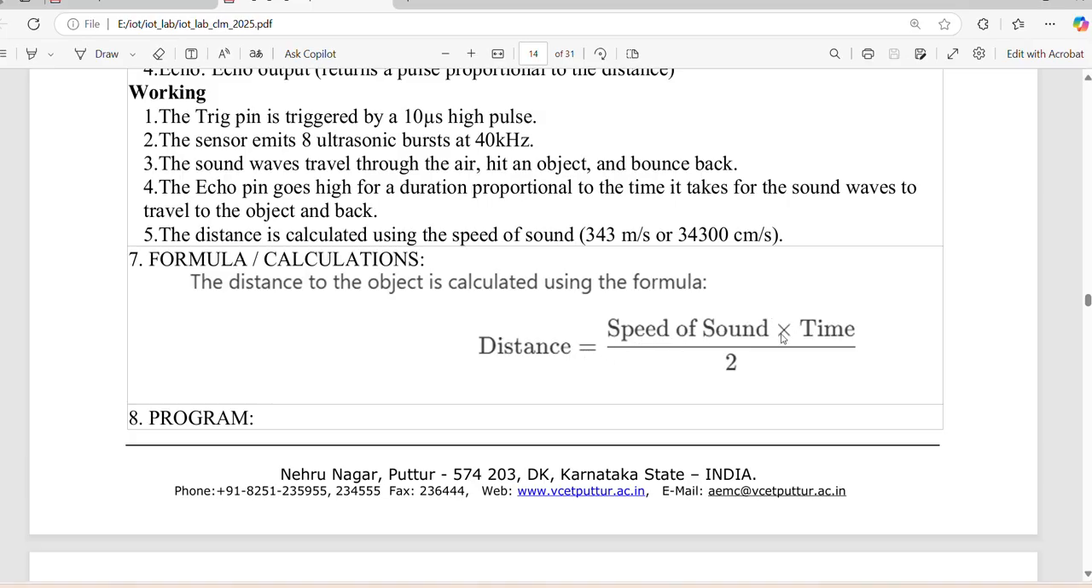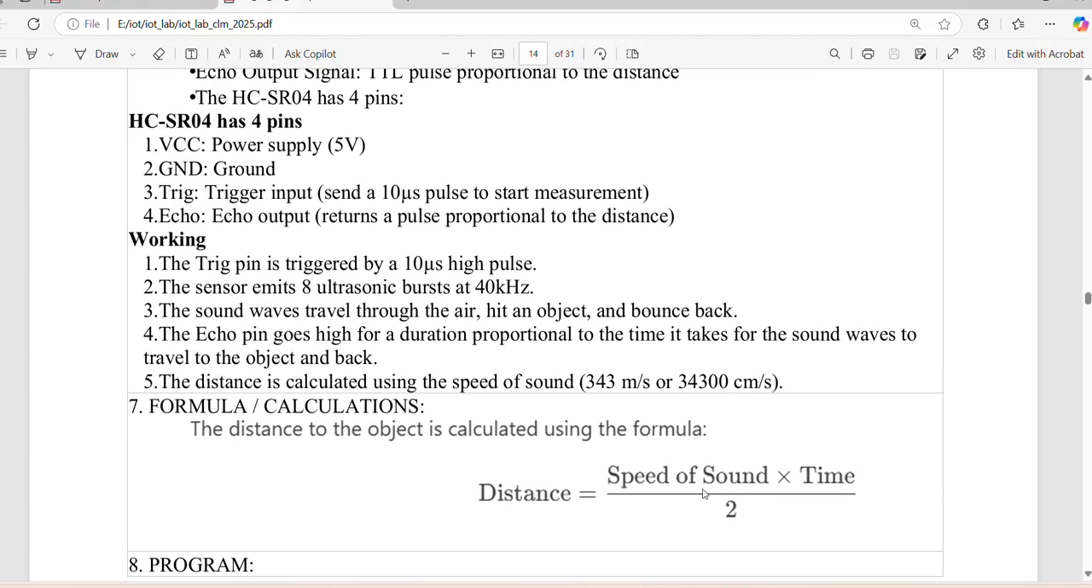Distance is equal to speed of sound, which for an ultrasound signal, the speed of sound is 343 meters per second, or in terms of centimeters, it is 34,300 centimeters per second. Multiply with the pulse duration and divide it by 2, because the distance which we are going to get here is double the actual distance between the sensor and the